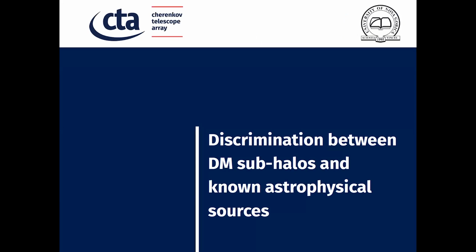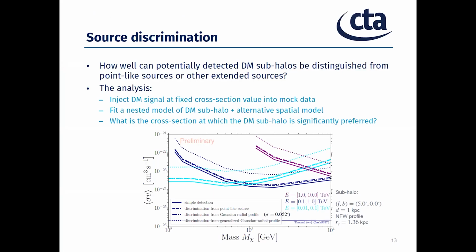So how would we discriminate between dark matter subhalos and the known astrophysical sources, which for sure are going to be plenty in the galactic plane? So the analysis that